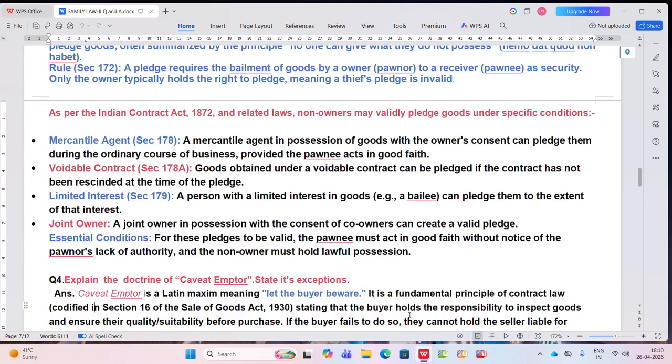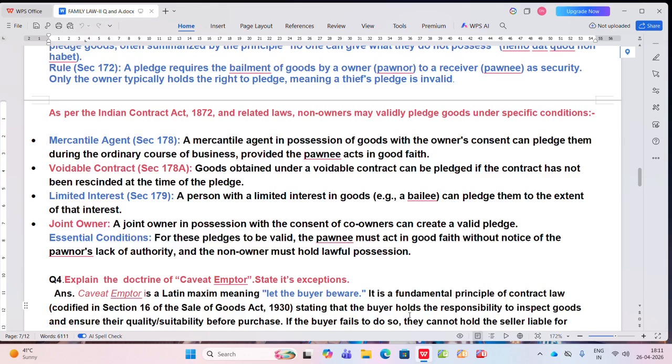Now question number 4. Explain the doctrine of caveat emptor. State its exceptions. The answer will be: caveat emptor is a Latin maxim meaning let the buyer be aware. Let the buyer be aware. जो खरीद रहा वो जाने. Beware. It is a fundamental principle of contract law codified in section 16 of the Sale of Goods Act 1930,